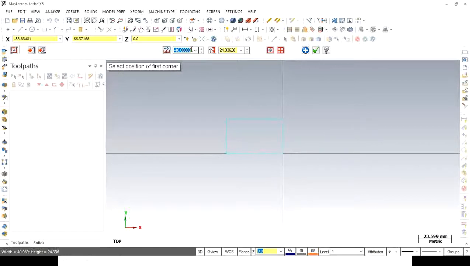So the length of this first rectangle is 50. So you have to write minus 50. And the total height is 40. We have to create only the half geometry. So to create half geometry, you have to mention half of the height here, that is 20. Now click on this apply icon because we are creating more than one rectangle. If you want to create only one rectangle, then directly click on OK. And again, you can select different commands. But if you want to use the same command a number of times, then we have to click on this apply icon. So let's click on apply. So this first rectangle is created.